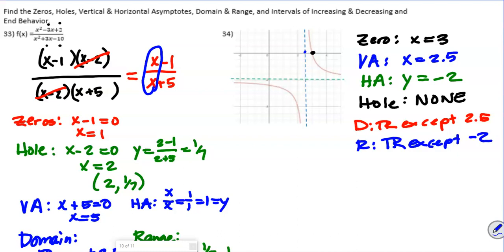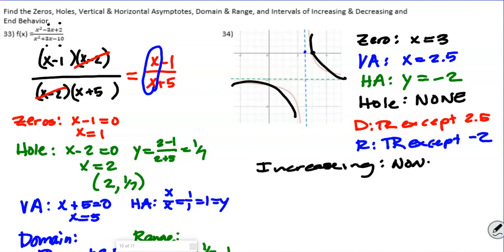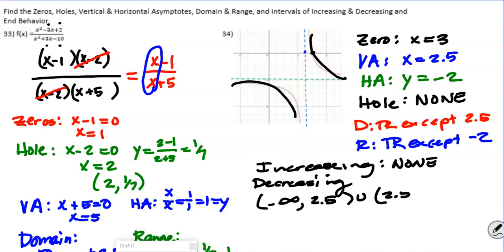Then when we're talking about intervals of increase and decrease, increasing, do you see it increasing at all? Look what the graph's doing. Yeah, no. It's going down and it's going down. Y'all see that? So this has none. So then if we're talking about decreasing, we're going to say it's going from -infinity to our vertical asymptote. That's going to be at 2.5, and then it's going to pick back up on the other side of 2.5, and go on to infinity. So remember, those dashed lines are not included in our domain, in our range, and they're also not included